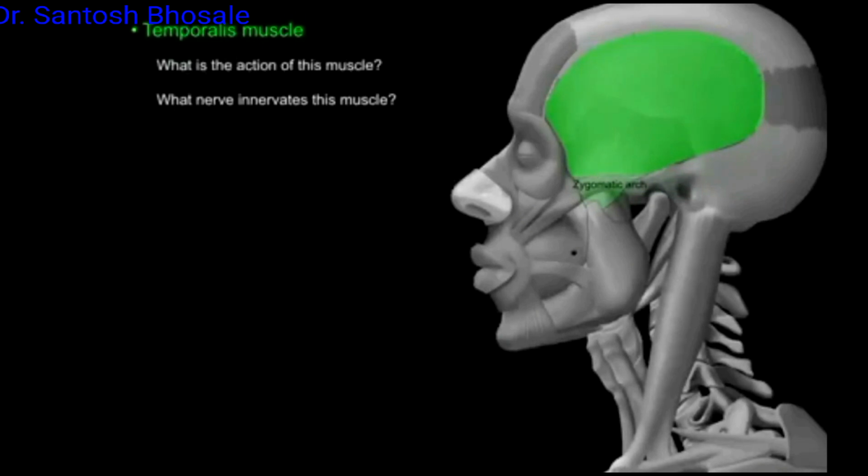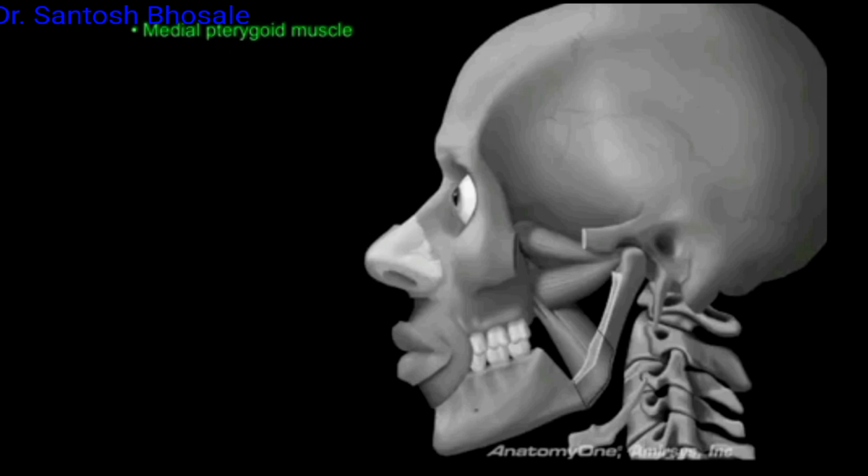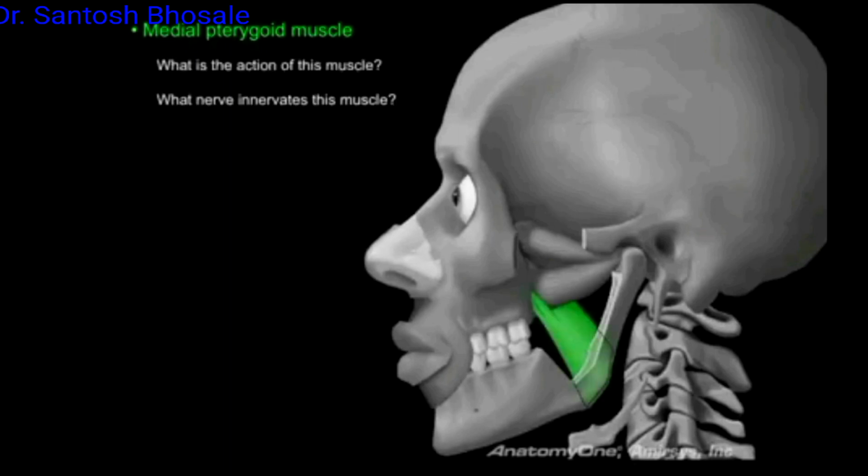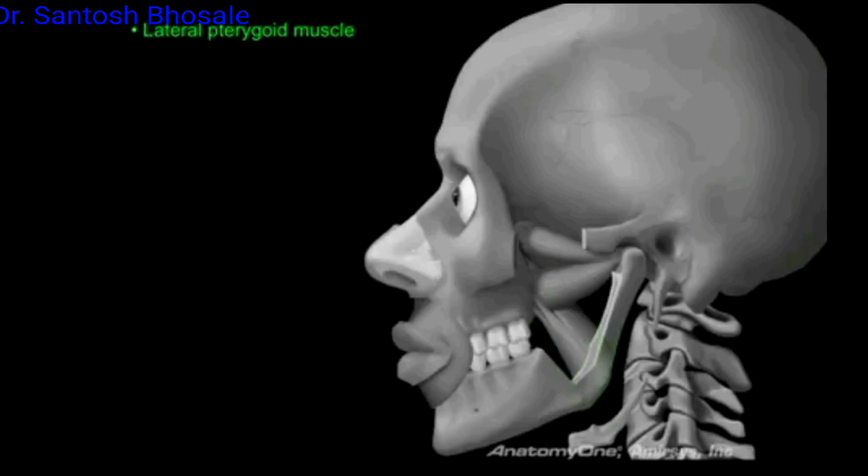You can see the temporalis there, and how the tendon of temporalis is inserting by passing medial to the zygomatic arch. And when you take out the zygomatic arch and mandible, like in dissection, you will see these 2 muscles: the medial pterygoid coming from the medial surface of the lateral pterygoid plate and maxillary tuberosity, a vertical muscle, vertically aligned you can say, and inserts into the medial side of the angle of the mandible.